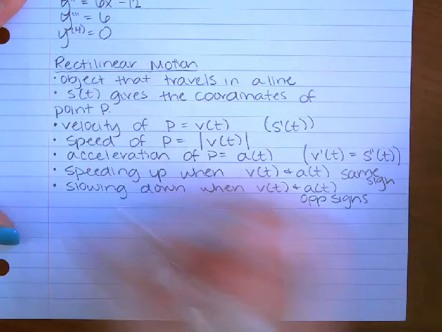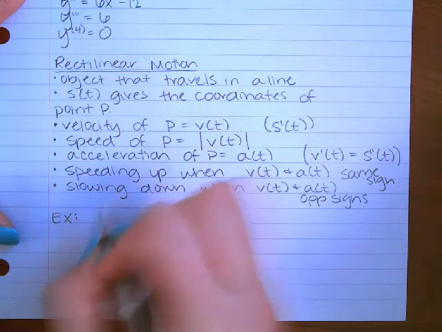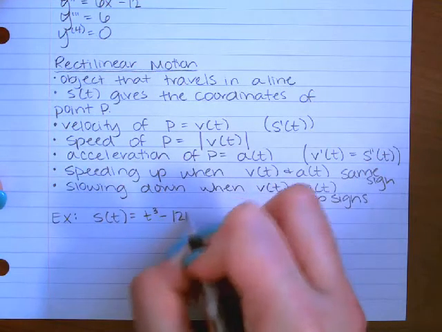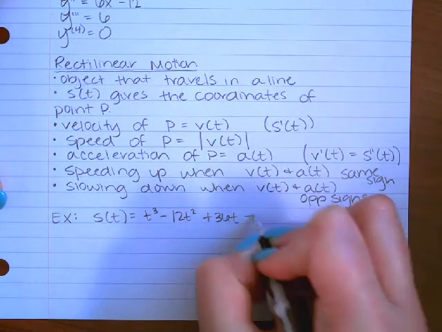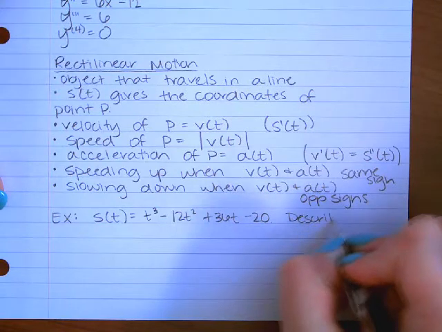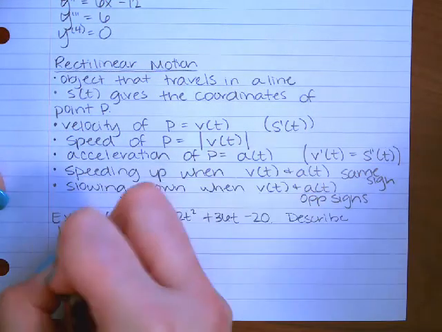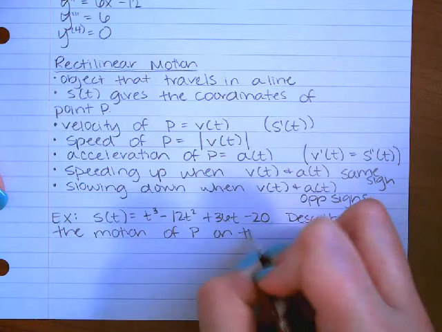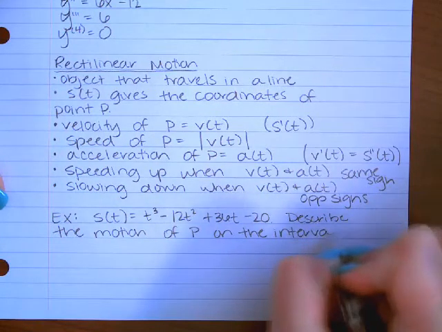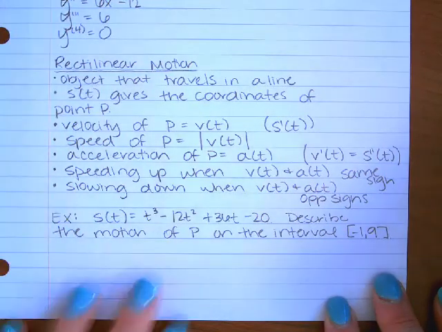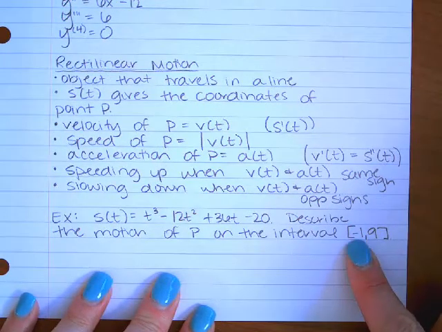So the first example gives us the position of the particle, and they tell us that the position is t to the third minus 12t squared plus 36t minus 20. And what they want us to do is describe the motion of P on the interval [-1, 9]. And this is a closed interval. We're including what's happening at time t equals -1, so at -1 seconds, and 9 seconds, or these could be